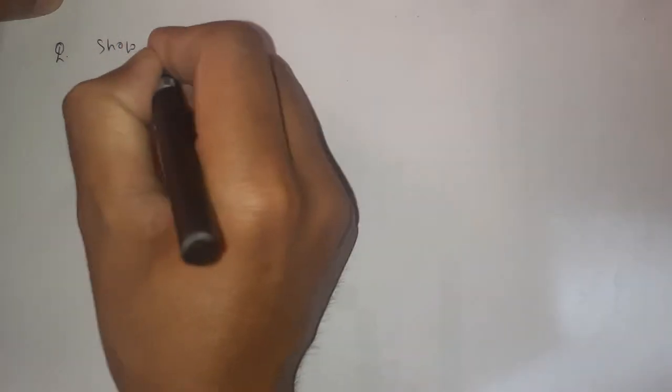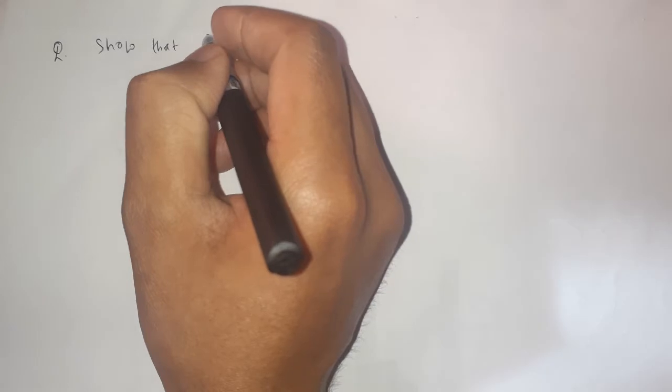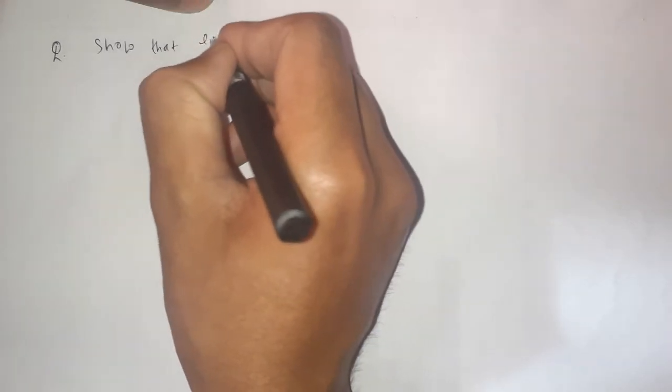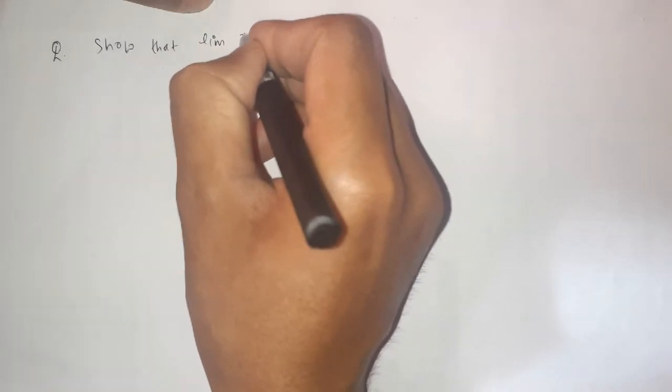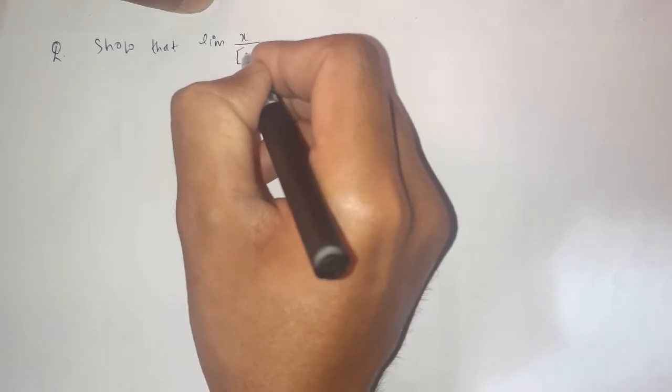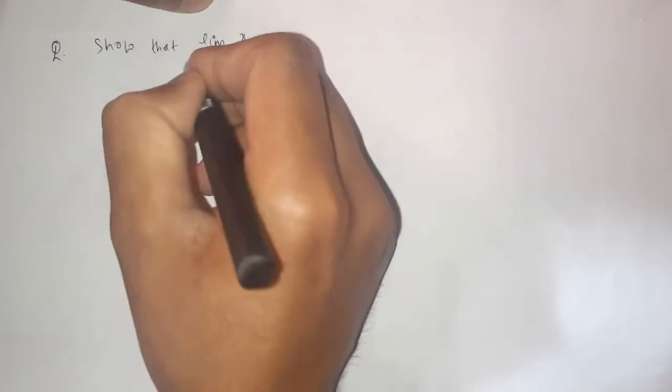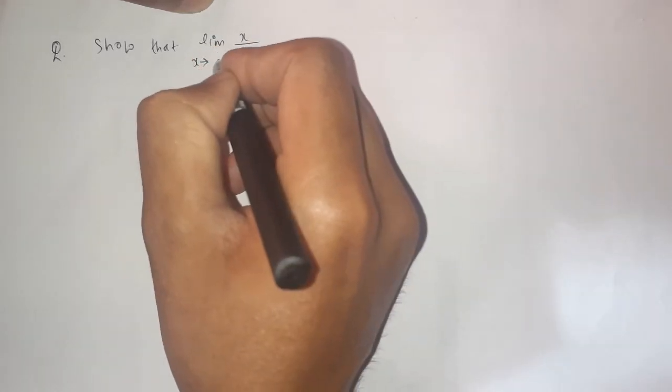Hi everyone, in this video we are going to solve a particular problem related to the existence of limit of a function. Let's write the question first. Here the question is: the limit of the function x over greatest integer of x, when x approaches the number 2,